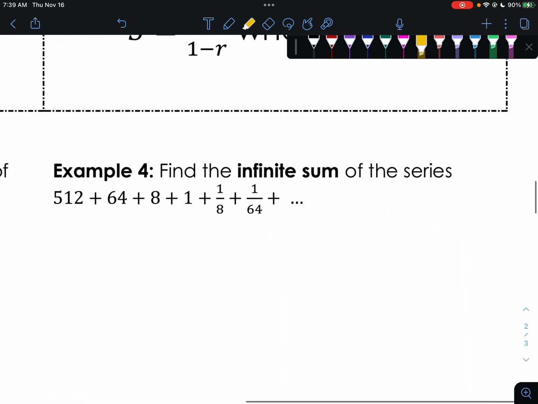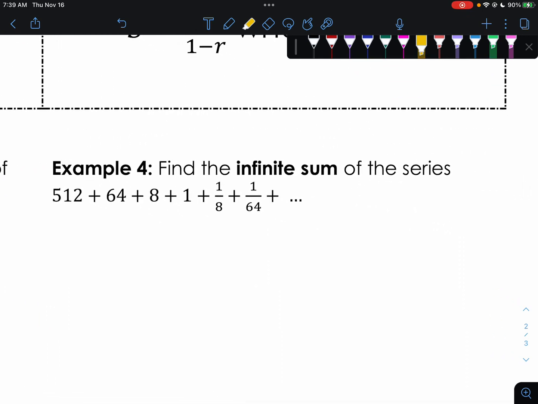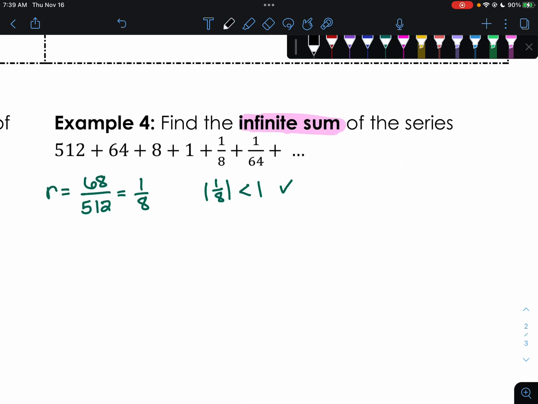Looking at our last example, find the infinite sum of the series. So infinite means we're not given a number. So we're going to use that second formula, but we do need to make sure that our common ratio, the absolute value of it, is less than 1. So to find my common ratio with this, I can take my second term and divide it by my first term. When I do that, I get 1 over 8. So the absolute value of 1 over 8 is less than 1, so it works out, and I can use that formula. So we have S equals our first term, which is 512,